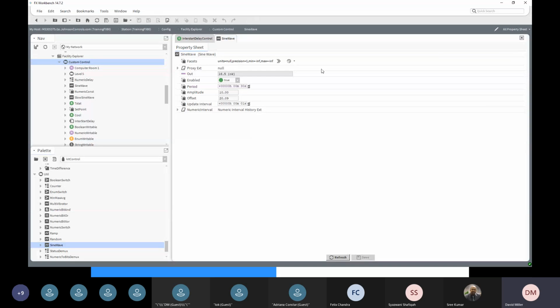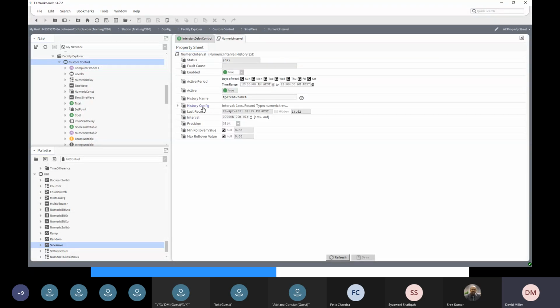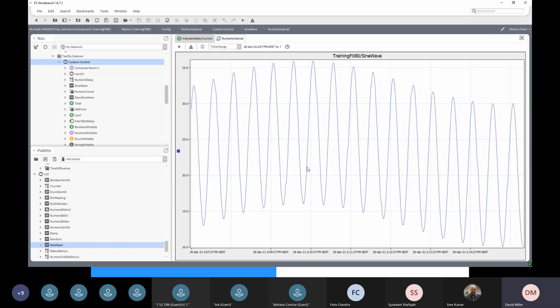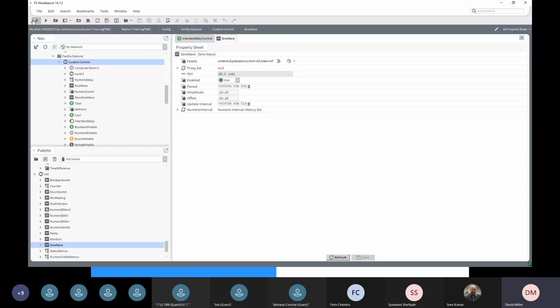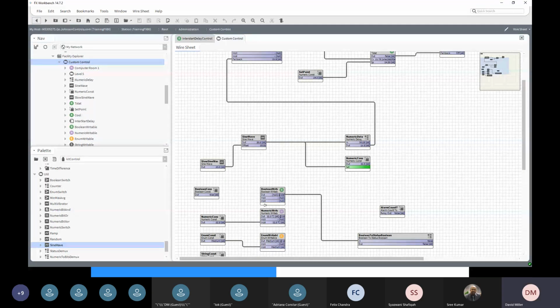And if I look at the history of that output, you'll see what I've got there. So you can generate a varying value so that you can simulate